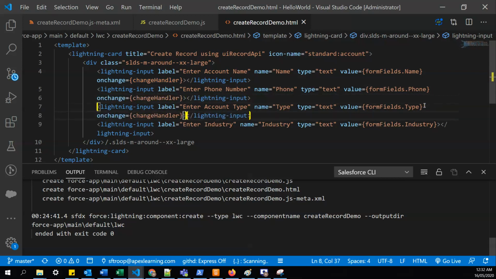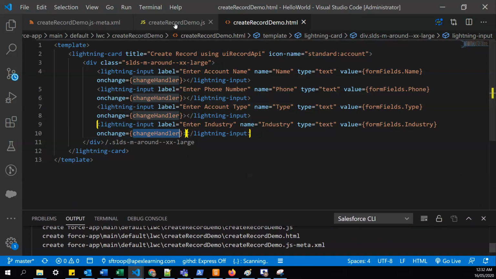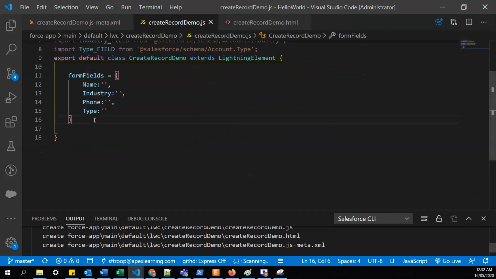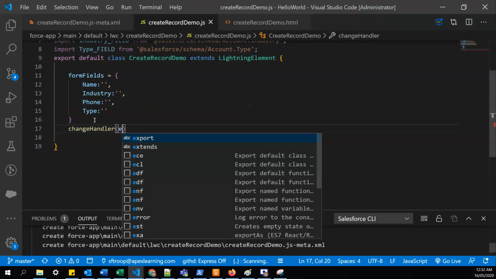So I'll use the same method in all of the fields, and I'll go to my JS file, I'll create a function that will take the event,